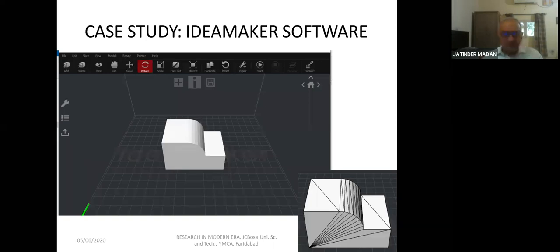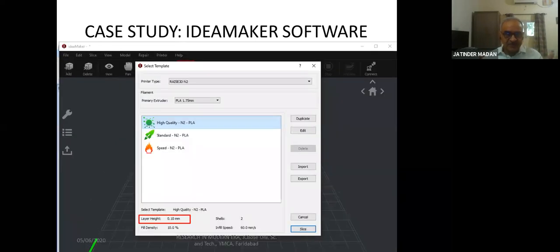I have the same geometric model that I showed you in the slide, and this is the triangulated model, and this is the machine that we have in our college, a Raise 3D printer, and this is the ideaMaker software, which is given by the machine manufacturer itself, for converting STL file into the printable file. Now, once I give the STL file to this software for printing, it gives you,